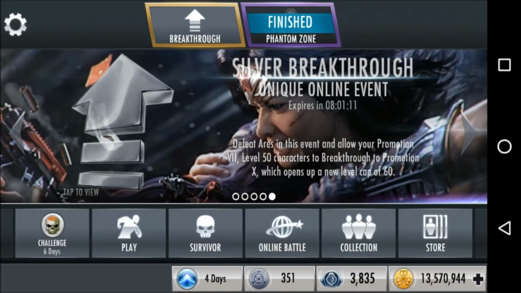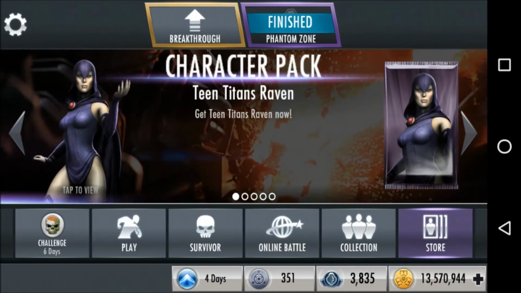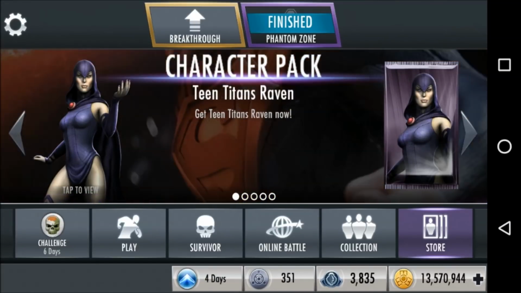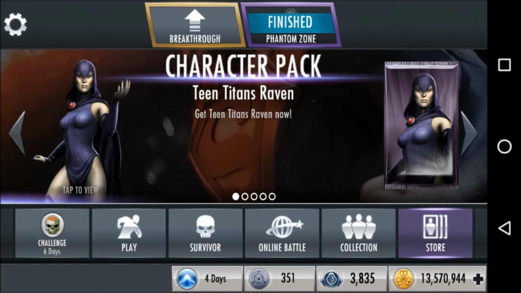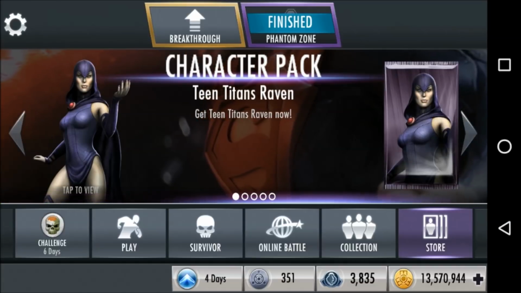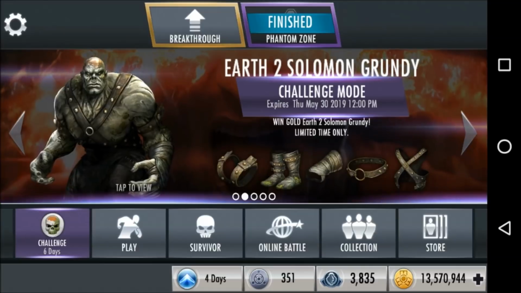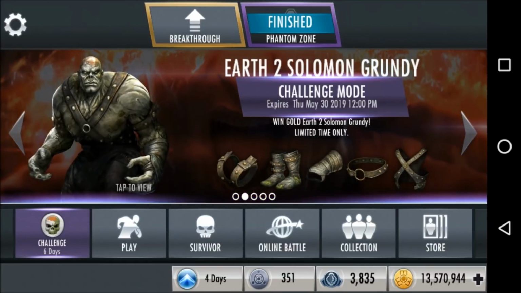Right. So there used to be a glitch for getting past season rewards repeatedly. That's not working. There used to be a glitch for getting multiplayer season rewards early. That's also not working. And Phantom Zone isn't there, but when it was, the Phantom Zone glitch was also not working either. There we go. Now we can get to the working